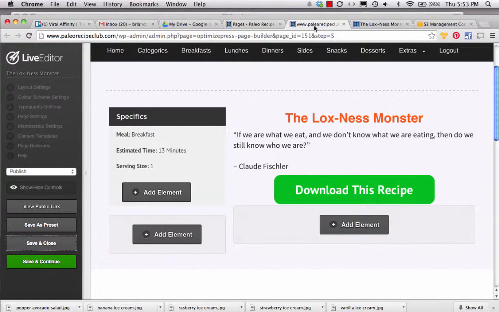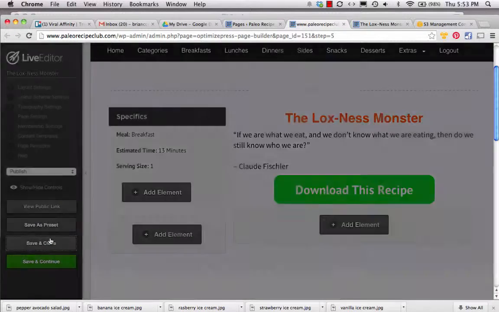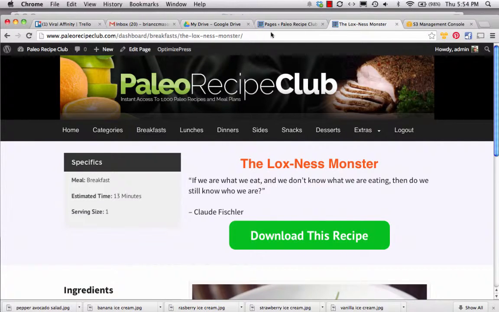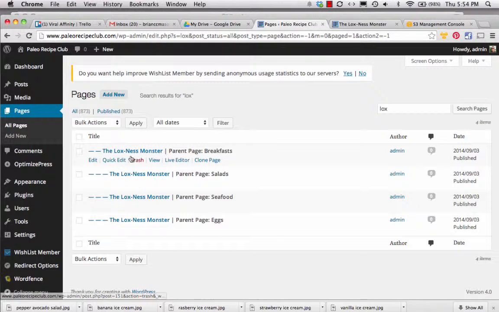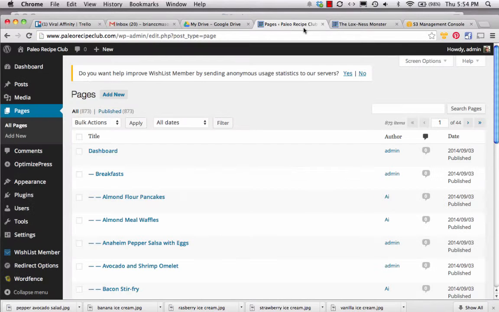Okay, let me think, is there anything else that I'm missing? I think that is it. The big thing again is making sure you're always choosing the proper one to edit, which is always going to be the master one. Okay, let's just do a second one as an example. The other ones I have in here so far are 8 sweet potato pancakes,